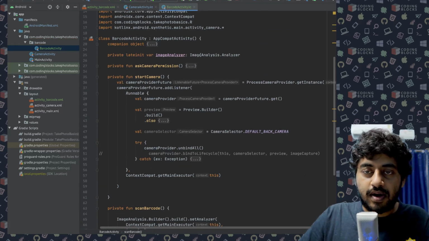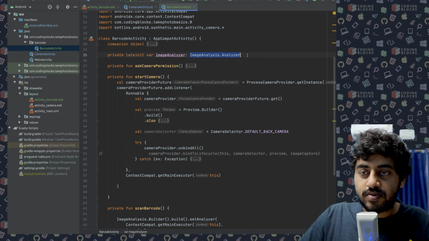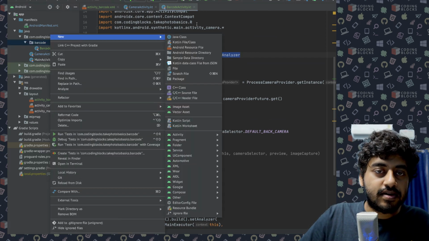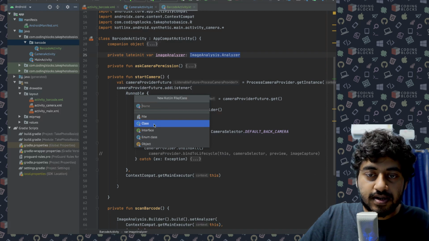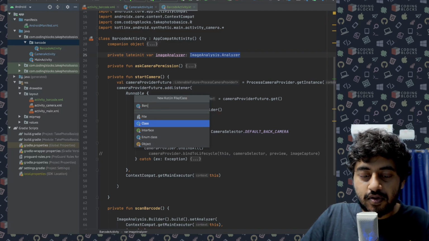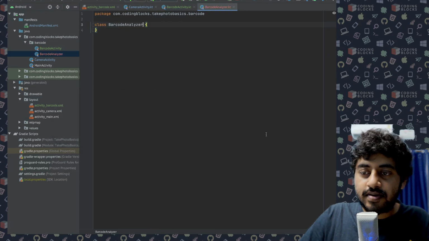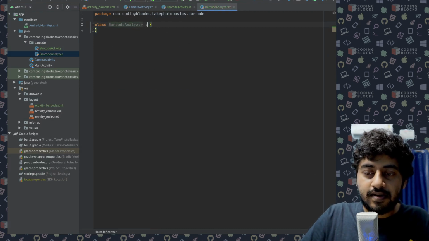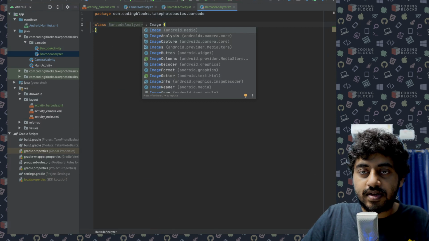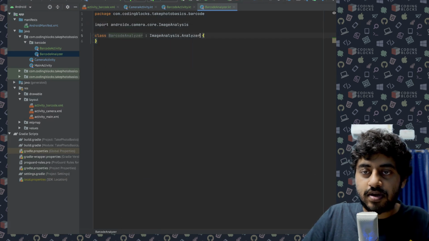Now, instead of having the generic analyzer class, I will create a new Kotlin class here. We will call it BarcodeAnalyzer. Okay, and this I will extend from ImageAnalysis dot Analyzer.